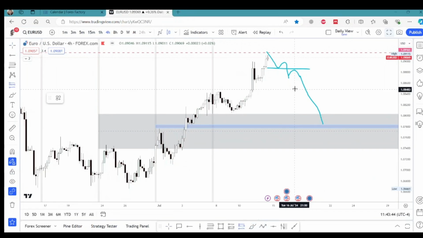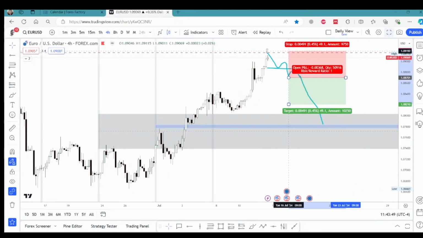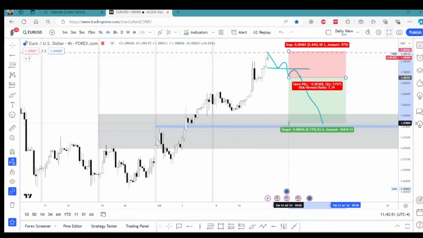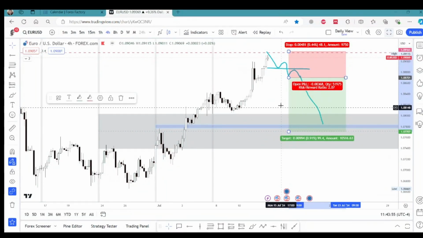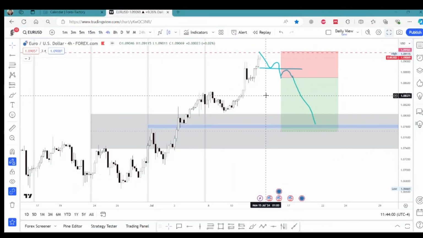So it is going to be a good trade if I get it, even if I get it from there, and it can give you almost 2% if you're a bit careful about it. But this is one thing that I'm looking for next week.